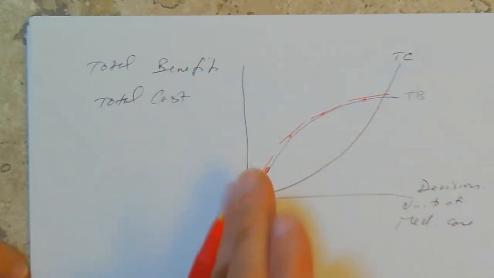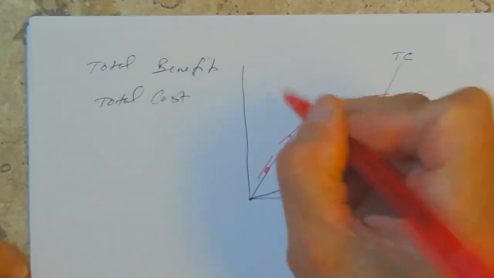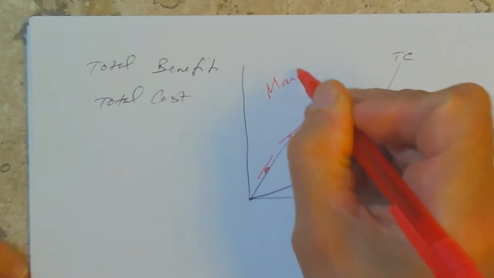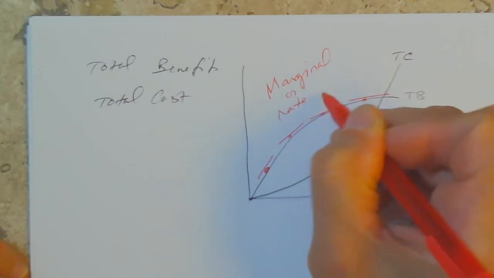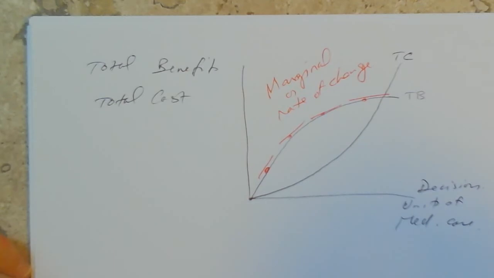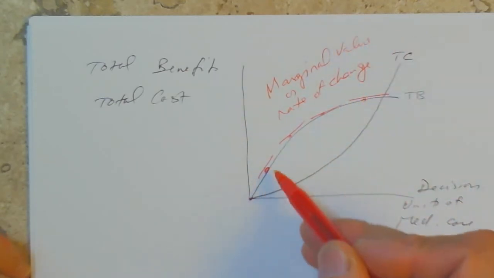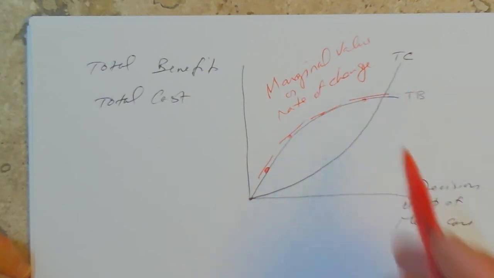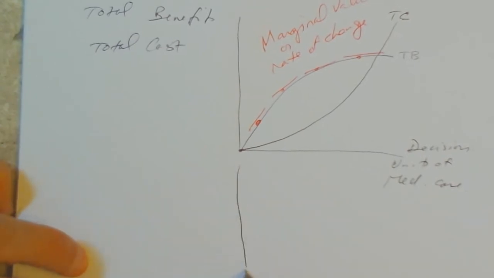This declining slope is flatter and flatter. The slope is what we call marginal, or rate of change. Margin of value, or rate of change, in this case is declining. So if we were to depict that as well, here again, units of medical care,